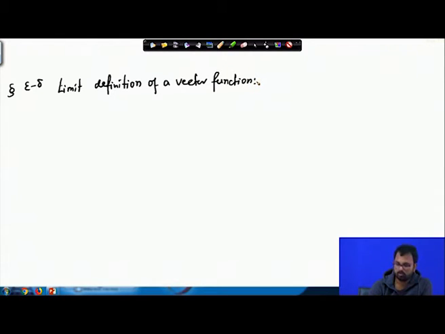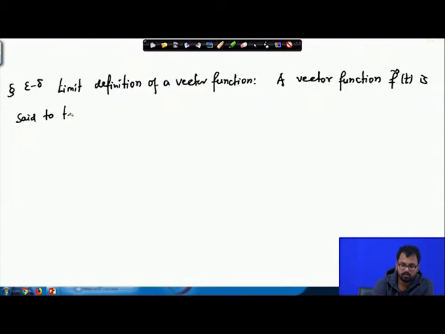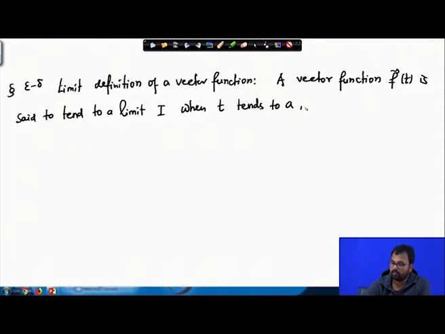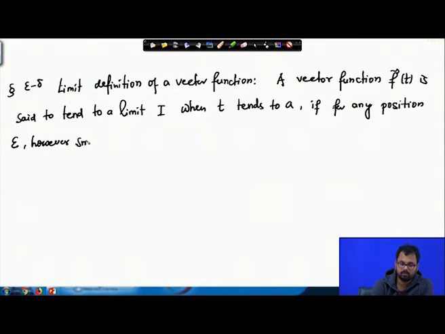All right. So, the definition goes like this: a vector function f(t) is said to tend to a limit l when t tends to a if for any positive epsilon, however small or arbitrarily small, there exists a positive number delta